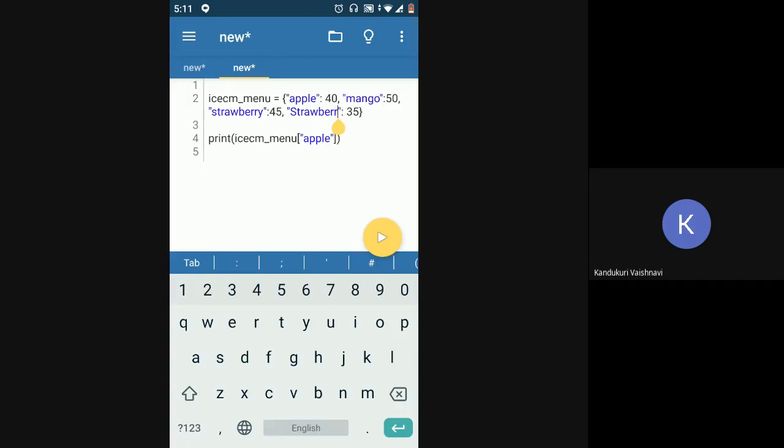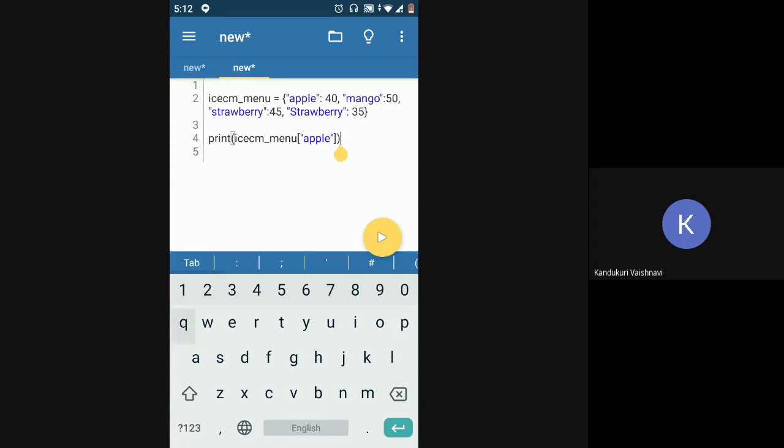Even though both are strawberry, in the second one you have a capital S. Even if one character of the string is capitalized, if the data type is case sensitive, it will consider them different. So these two contain the same characters, but one has a capital S, so they will be treated as different.